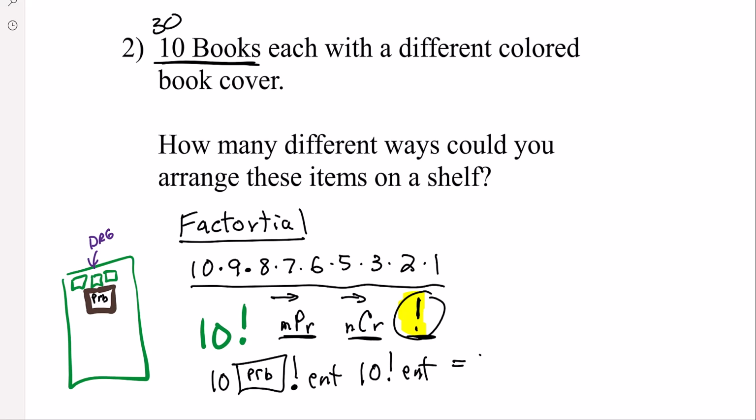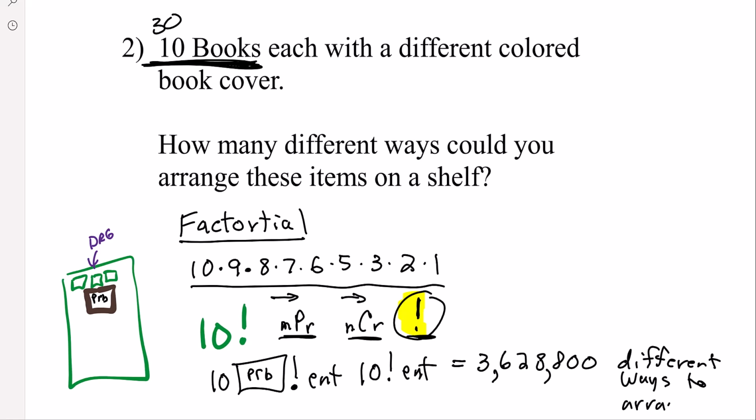And look at how many options. I'm going to write that number down. Then I'm going to put in the commas. 10 books. Just 10 books when the order doesn't matter. It's getting close to 4 million. It's 3,628,800 different ways to arrange 10 books. So let's do